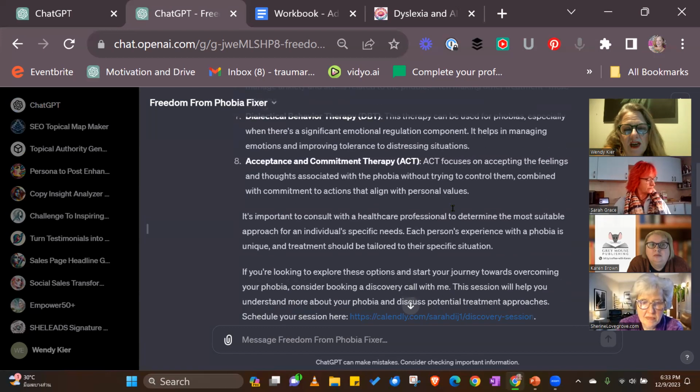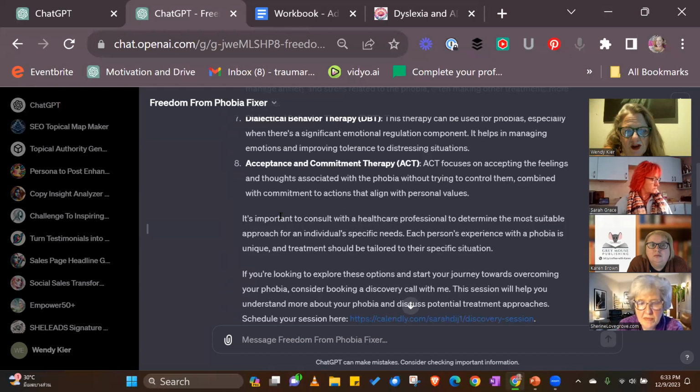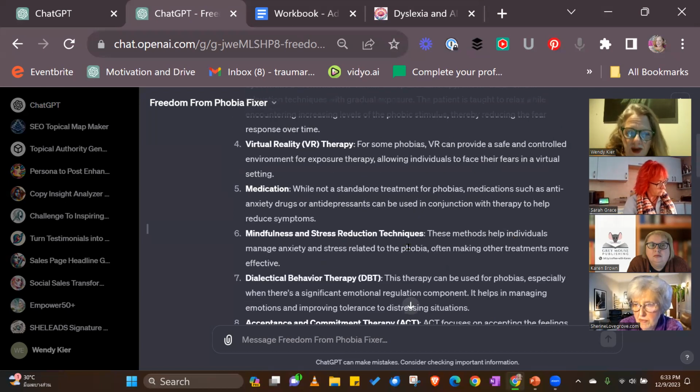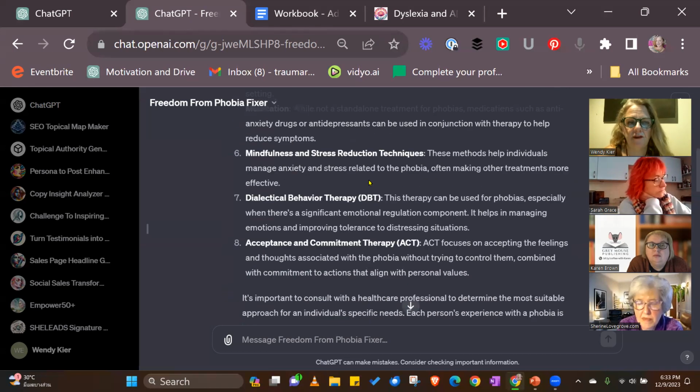So I would say something at the bottom like, which one of these would you like to explore in more detail? It's not going to go into too much detail. They can pick one, and then they could go into more detail. Each time you're doing this, they're getting closer to understanding what the issue is and how you can help them, rather than having a whole big broad list of different things.